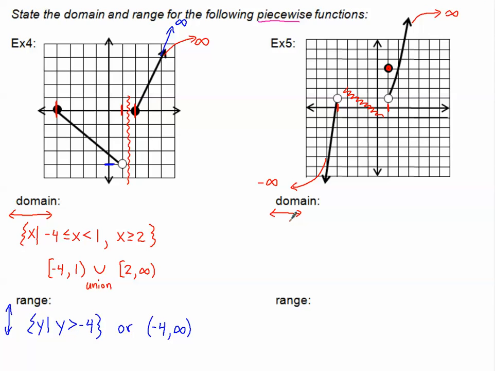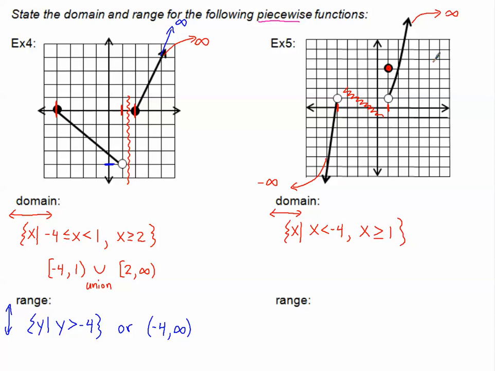So let's piece that together. All x such that, let's start down here, -infinity to -4. We don't use infinity as a number, so I'm not going to use that. I'm simply going to say x less than -4. And then I'm going to put a little comma, skip a bunch of stuff, and then pick it back up at 1, which I get to include, and go to infinity. So x, we're talking domain, x greater than or equal to 1. So this is the first piece, which is this right here,